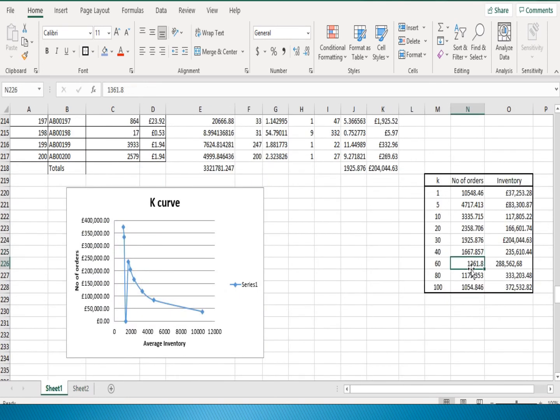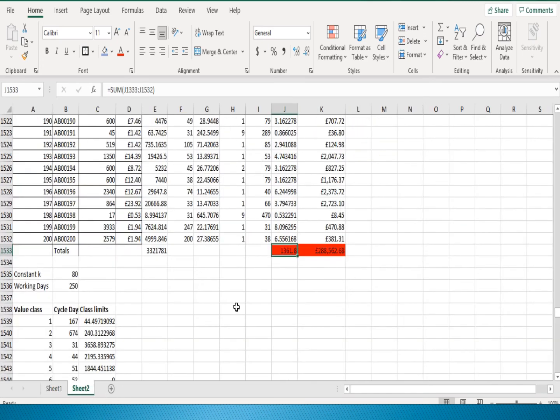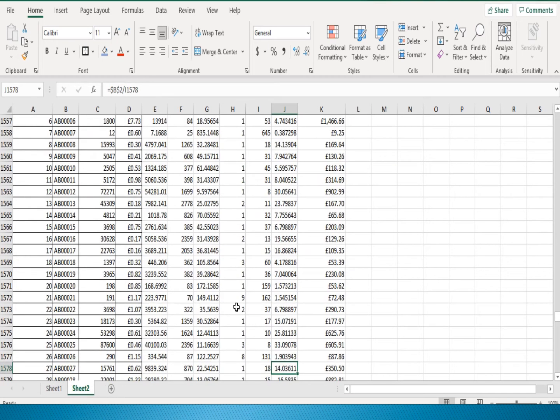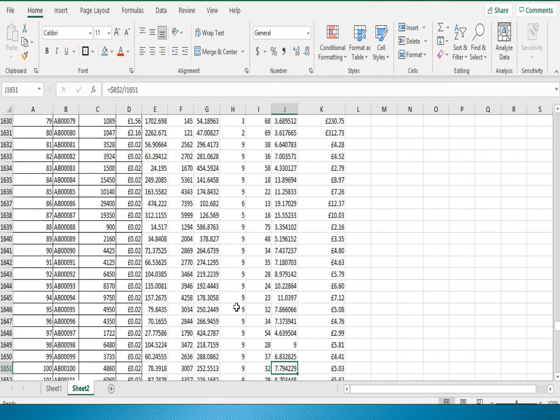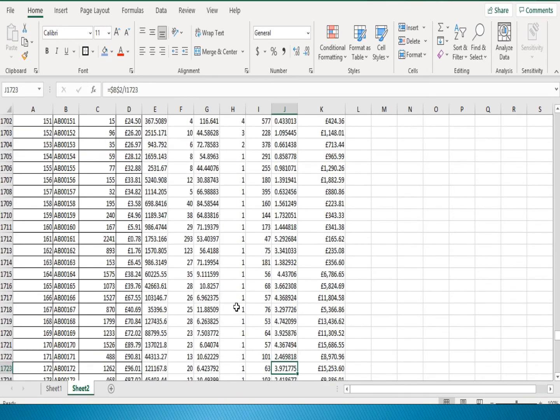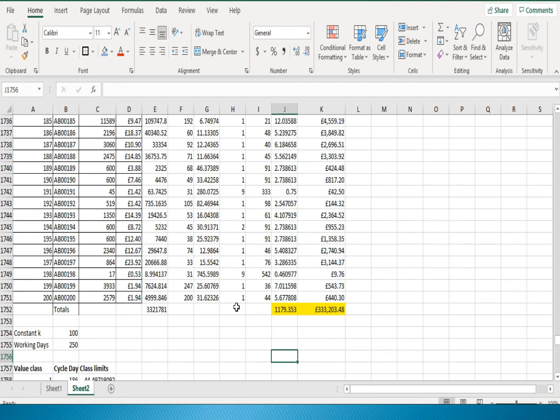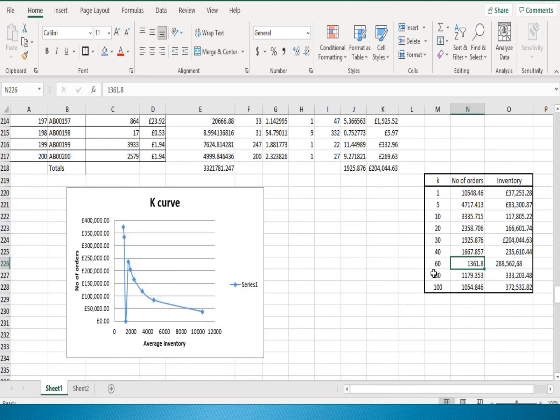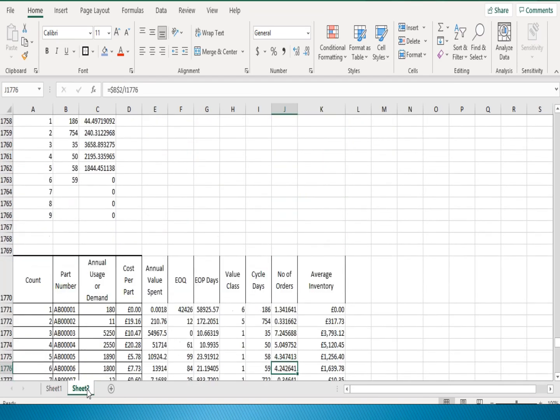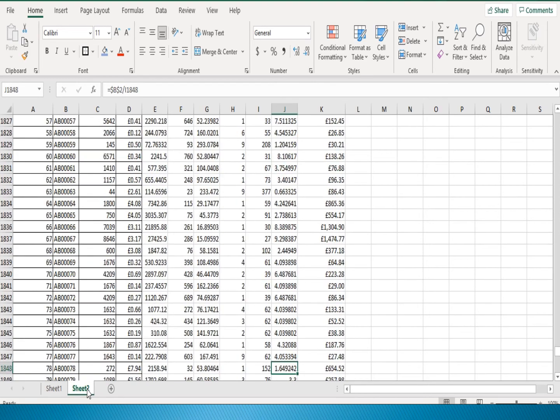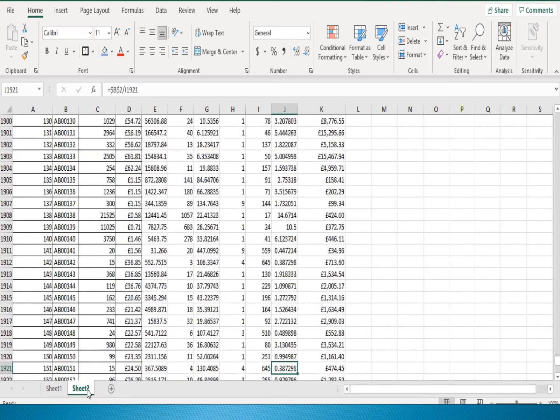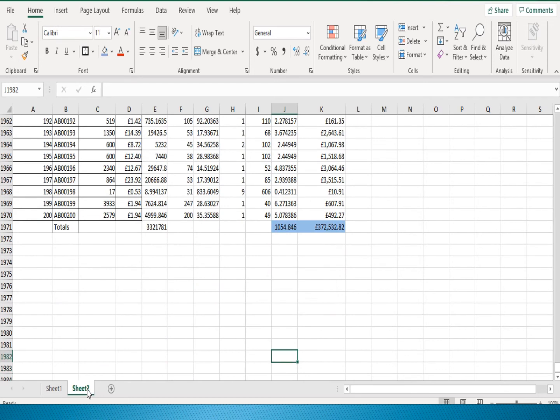This is the value for 60. This is the value of 80. And finally we go for 100. This is the value of the 100 number of orders and the inventory.